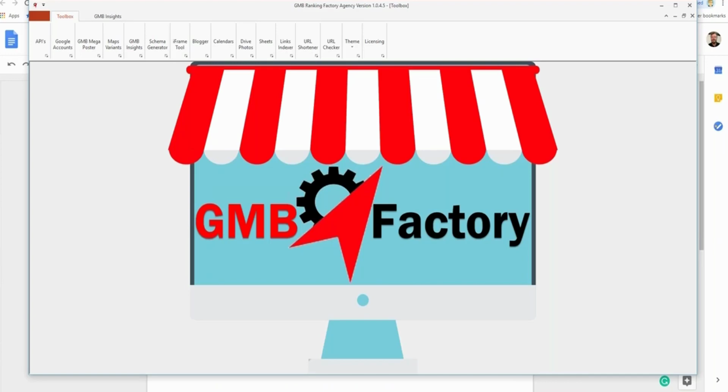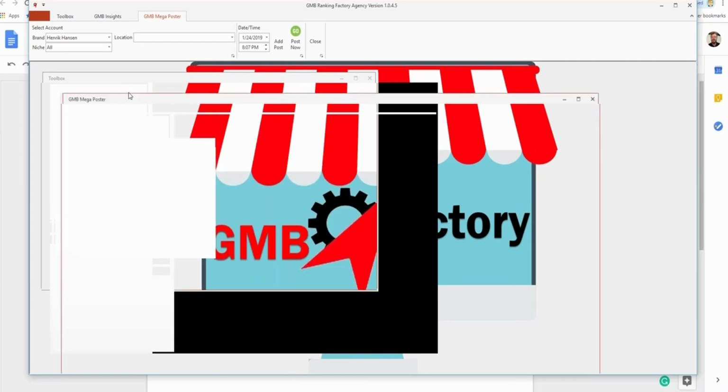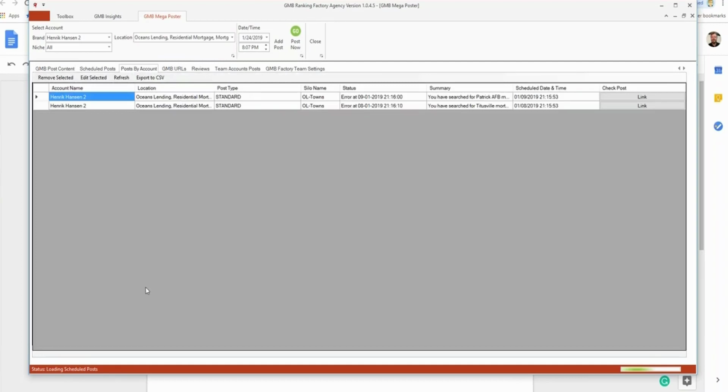There's a new version out, which everybody has got, which is 4.5. And in that version, there was a new little feature in the actual poster in itself. So let's go and take a look at that. And that's when you look at the post by account, go to post by accounts. What happens is that I'm seeing only,